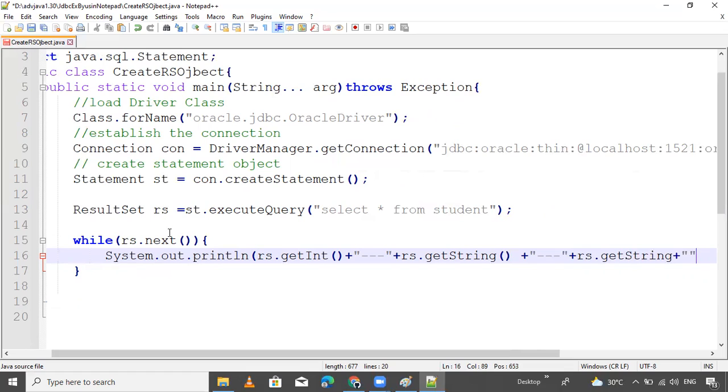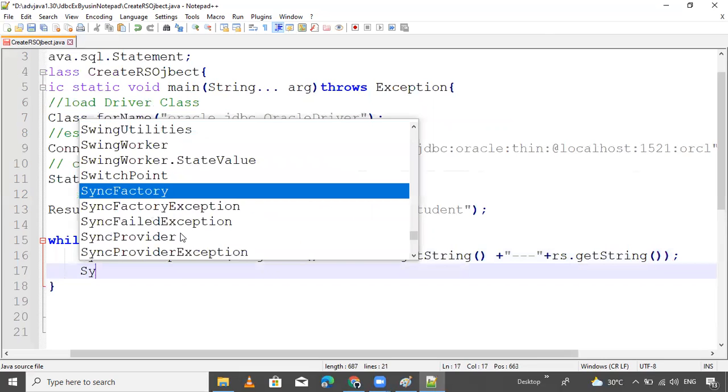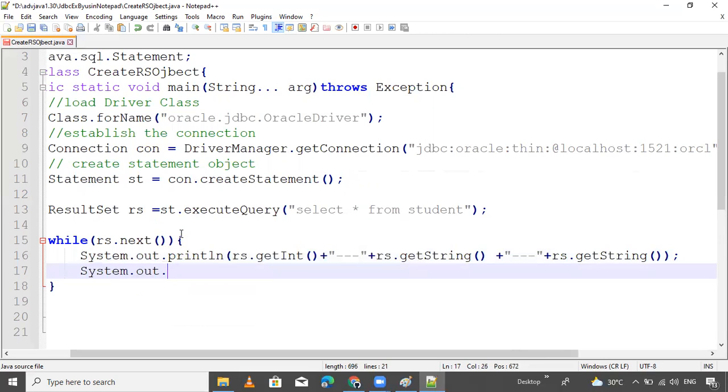Many more methods are there for all data types, like float, int, and string, if the data exists inside the database. That's it. Here you are retrieving the data from the database.